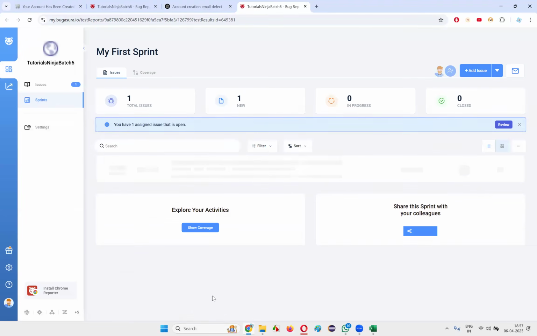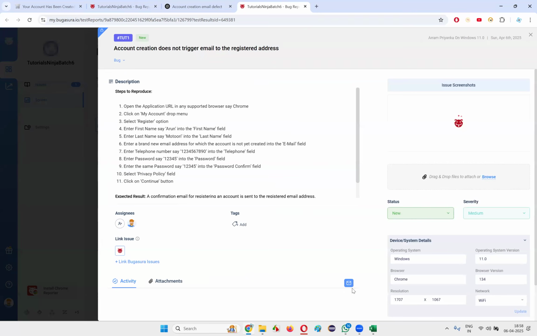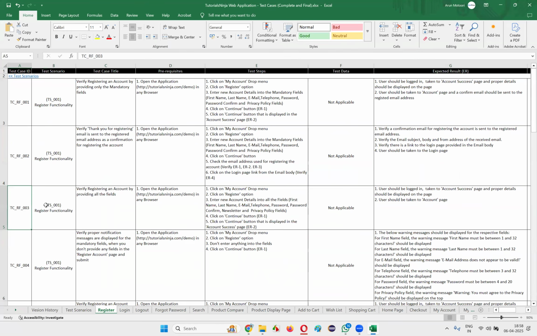Directly the defect report should open. That's what we can do. You see, the defect report has opened. Like this, we can refer to the defect. Now, we have to continue our journey, guys. We have to go with the next test case. Of the two test cases we have tested,